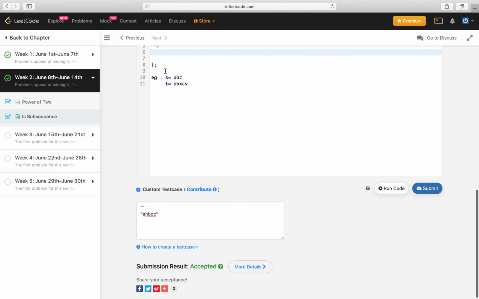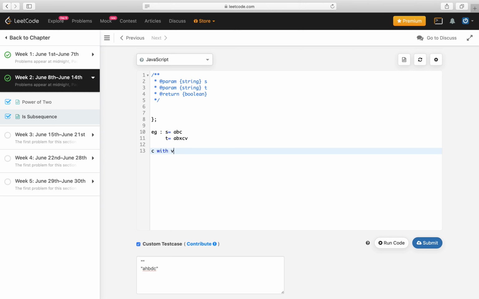Okay, in this case we will start with a comparison of C with V first. Since it is not equal, we will compare C with C, and since it is equal, we move one character behind, and we compare B with X. B and X are not equal, so we move one less in T, and then B is equal to B, so we move one down in S and T both.